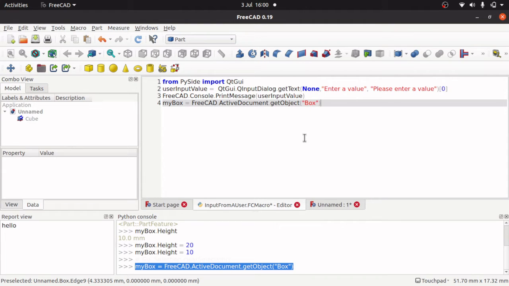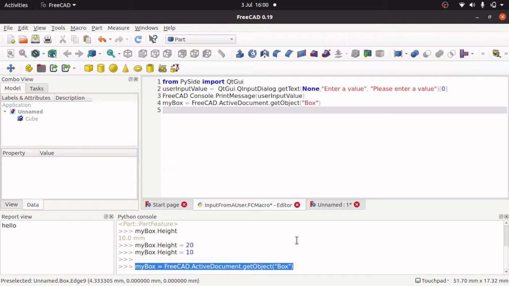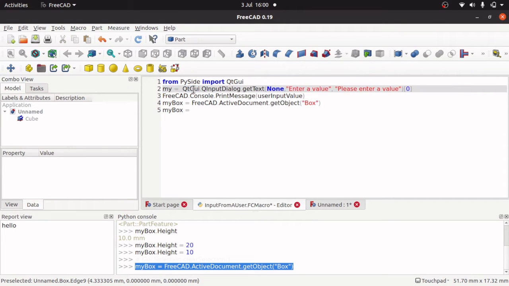So I've got my box, so let's sort that one out. And we want to set my box height. Now there's a problem here, and this is where we're going to get into types as said in the previous video. So we've got our user input, and this user input I'm going to say this is called my new height,